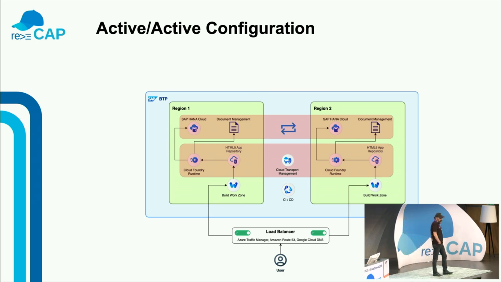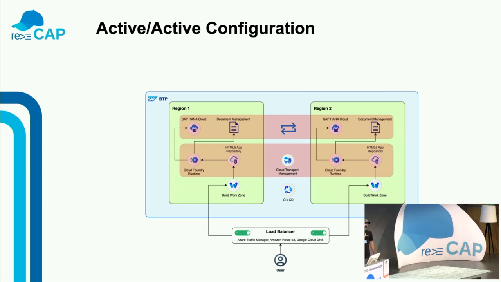So instead of replicating the HANA Cloud instance, this multi-zone availability looks much better and much easier to implement. Instead of replicating, you can go with that approach. And document management service is another service where you persist your files into this